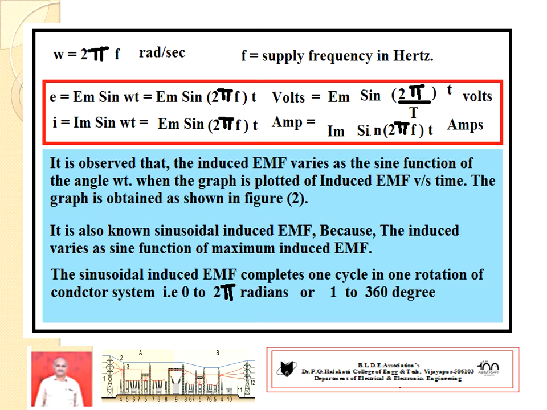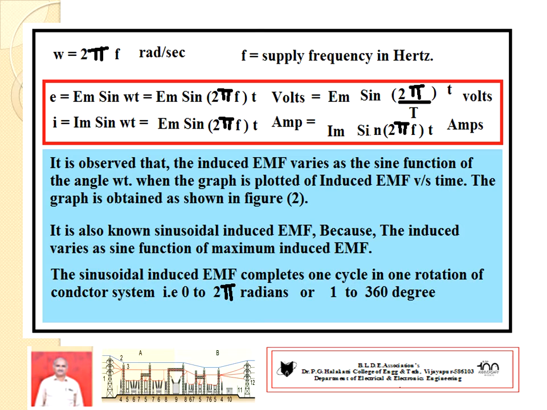Once again, capital T is known as time period. It is the time taken to complete one cycle of alternating quantity. It is expressed in seconds. In the similar fashion, current. So, this is also known as sinusoidal induced EMF, because it varies as the sine function, because maximum value remains same. As the theta changes, sin theta changes. Hence, it is the graph representing variation of sinusoidal quantity.